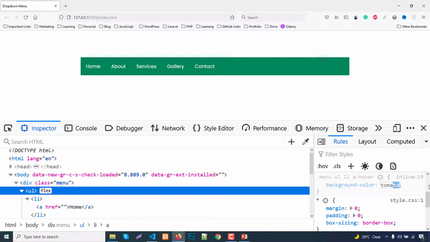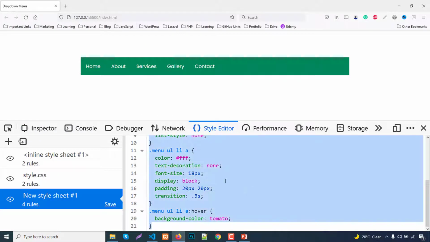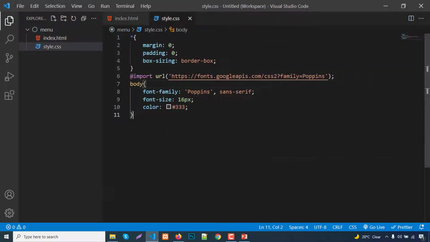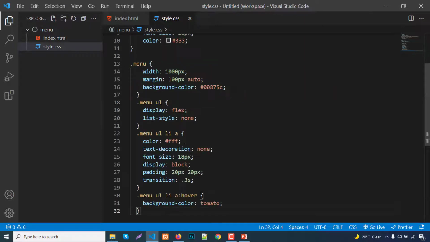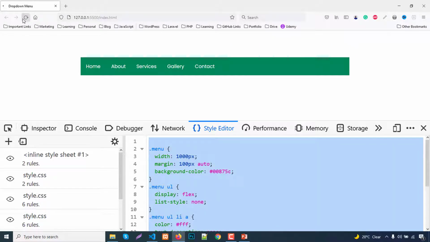Then I copy all the inline code and paste it in style.css, here below body. Save. So our normal menu is fine.